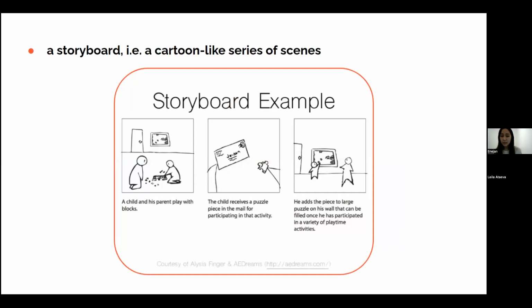Storyboarding is a really good tool to understand the situation in which your app can be used. It allows you to come up with the scenarios where your app will be used, to show to your stakeholders. Maybe you want to explain to others where your app will be used, how it will be used. For example, in this